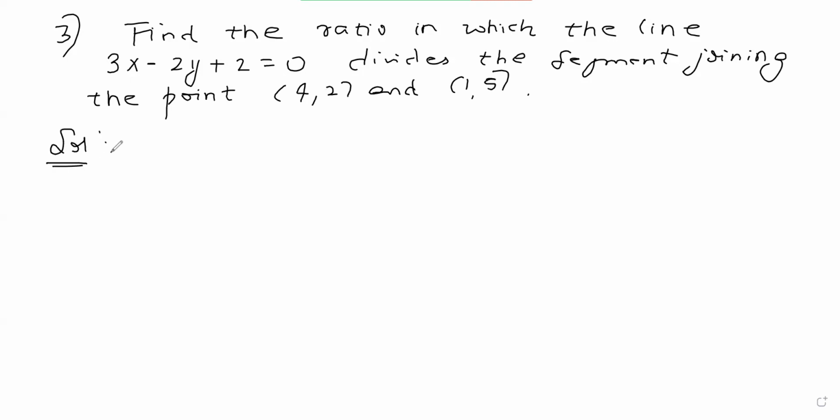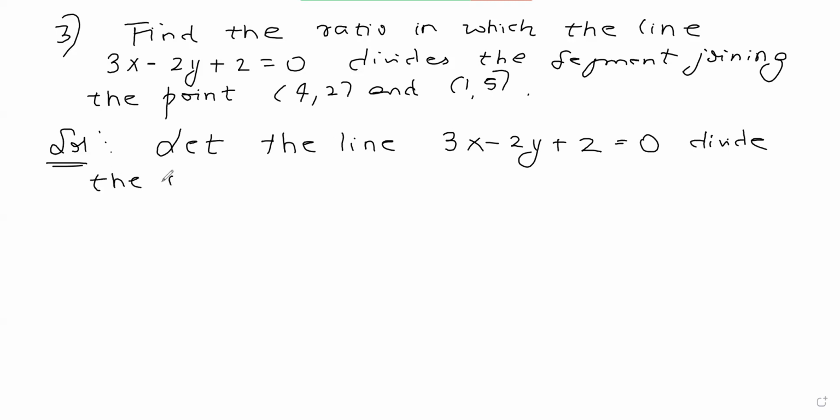Okay, so again, we need to find the ratio in which this particular line divides the line segment joining (4, 2) and (1, 5). Suppose I can say, let the line... again, it's an application of the section formula only. Let the line 3x - 2y + 2 = 0 divide